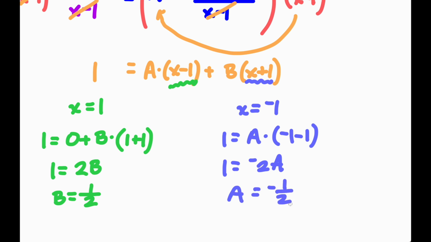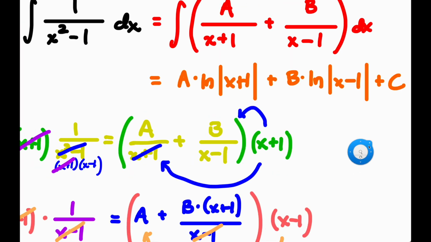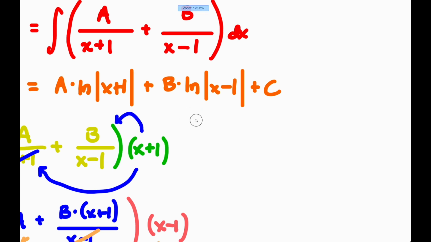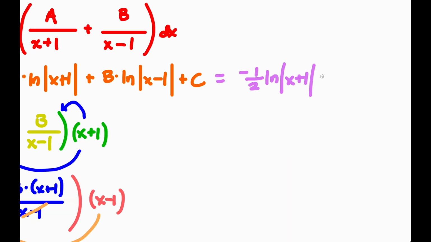The whole goal of this was to figure out what our A is and what our B is. That way we can finish out this problem up here with this orange step right here. Okay, remember the orange step was our answer, but we need to figure out what capital A and capital B are. Well, we just did that. So now what we can do is we can kind of finalize this a little bit and say that this is equal to -1/2 ln of x plus 1 plus 1/2 ln of x minus 1, and then you still have